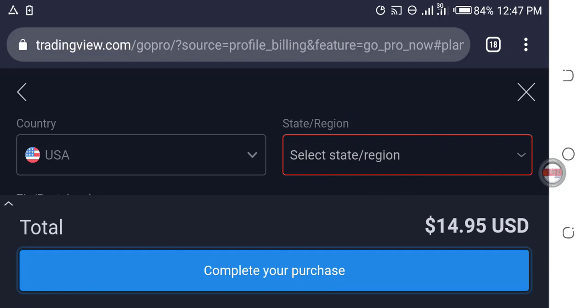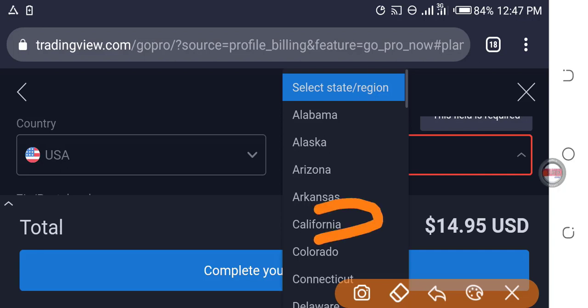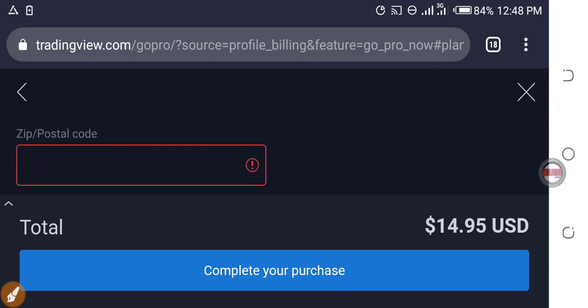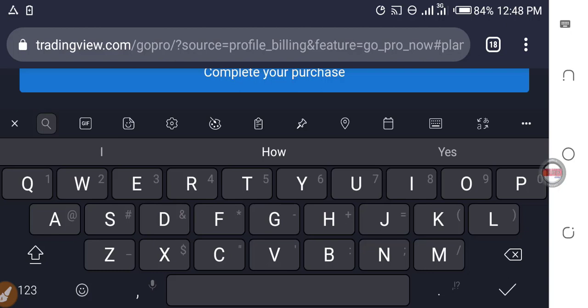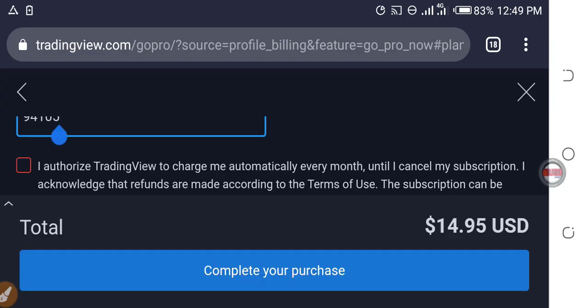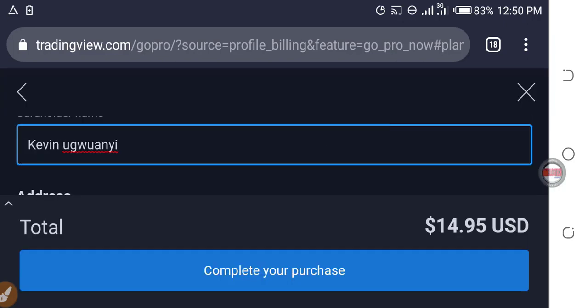As you can see, different states: Alabama, Alaska, Arizona, Arkansas, and California. This is it. Select it. In your case, you need to select the one that matches yours. So here zip code. The zip code is 94105. Alright, I fill in the card details, writing the postal code. So you can check.